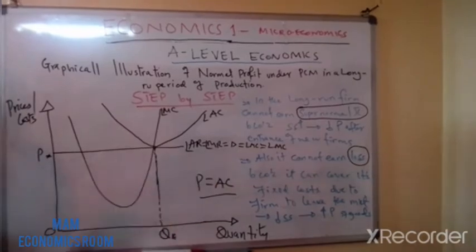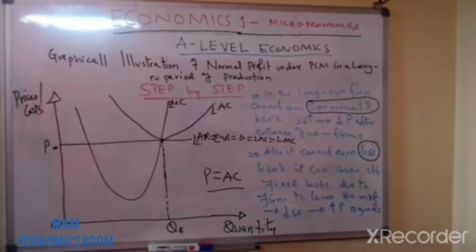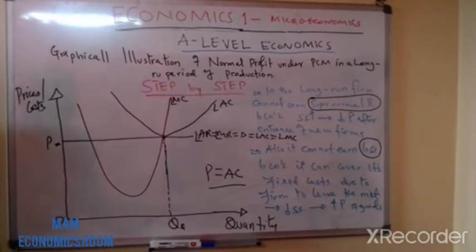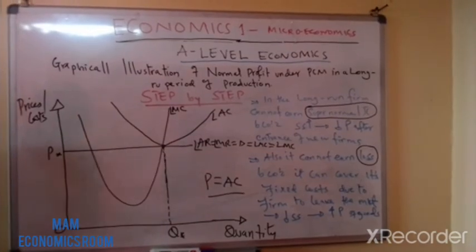So after that, you're done, and that is a normal profit case under PCM in a long run period of production. So let's now go and ask ourselves, why in a long run